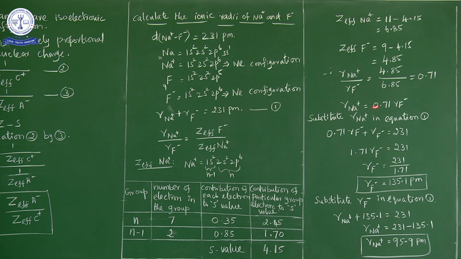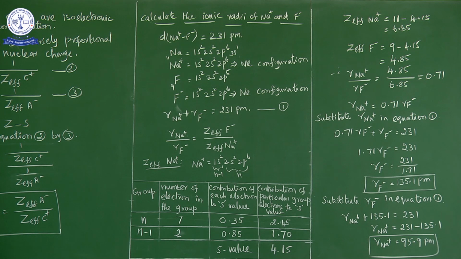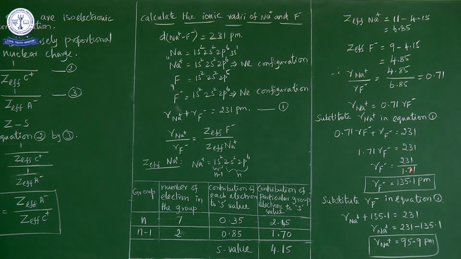So the value of the radius of Na plus is substituted in equation 1. The first equation is the sum of the radius of Na plus ion and the radius of fluoride ion, equal to 231 picometer. In this equation, the radius of Na plus ion is replaced by 0.71 times the radius of fluoride ion. So finally we get 1.71 times the radius of fluoride ion equal to 231. Then the radius of fluoride ion is equal to 231 by 1.71, so the radius of fluoride ion is 135.1 picometer,